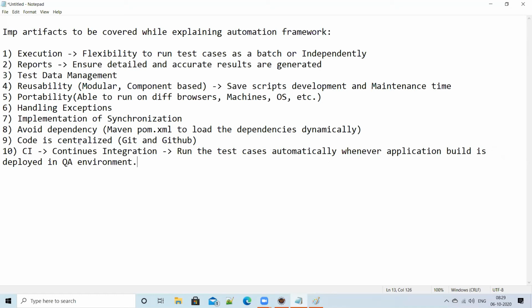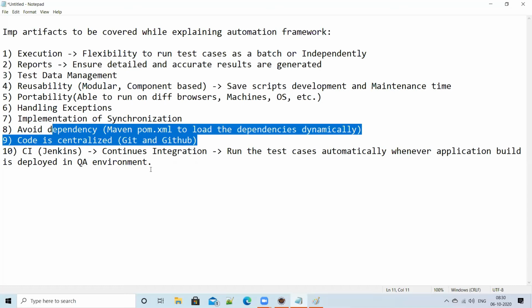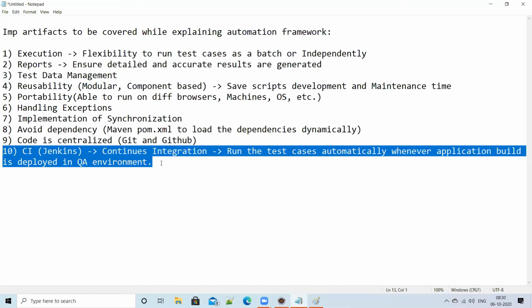So we are avoiding test engineer dependency to run the scripts when the build is ready in the QA environment. That's where continuous integration comes into the picture. That's where we are using Jenkins. Anyway, we did not see that yet. We will see that. So we have seen GitHub, we have seen Maven, and one more thing we will see, Jenkins also.